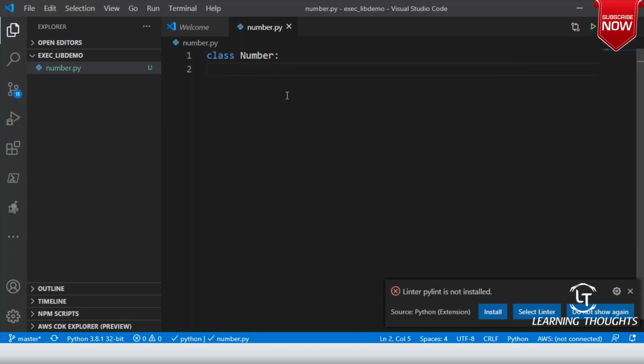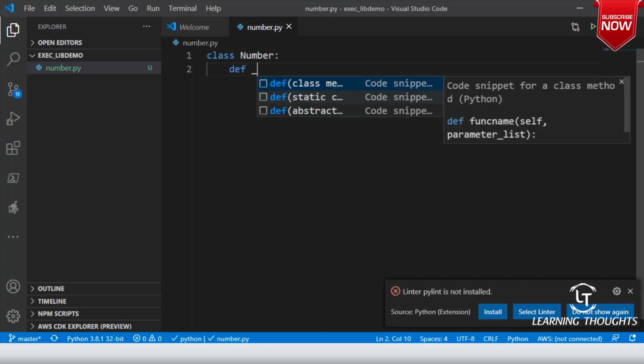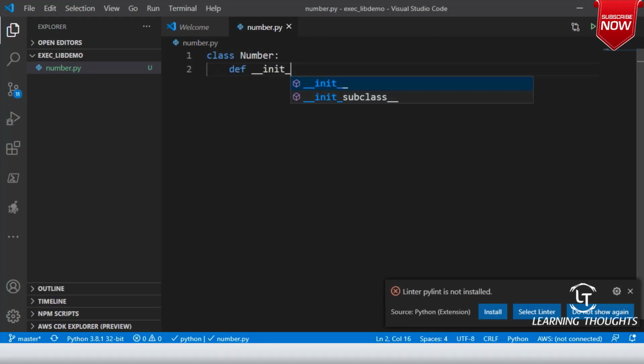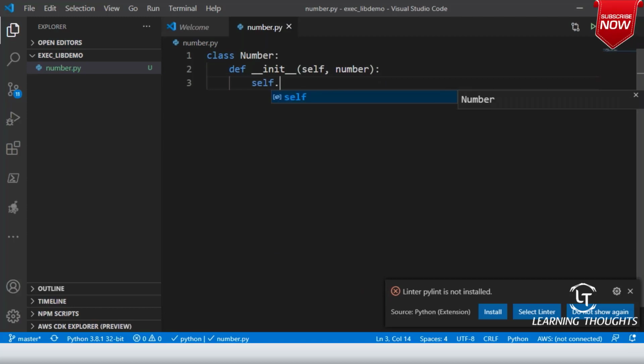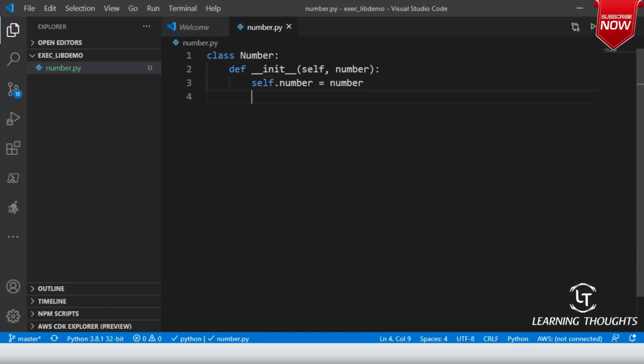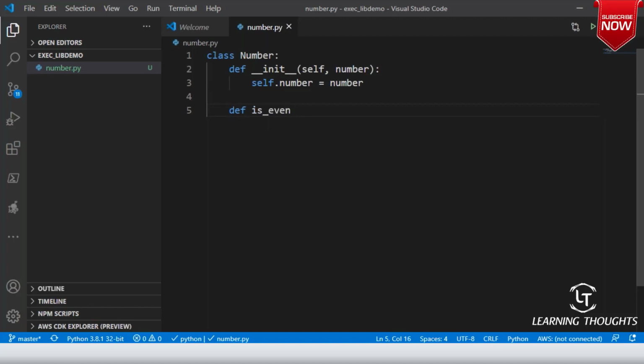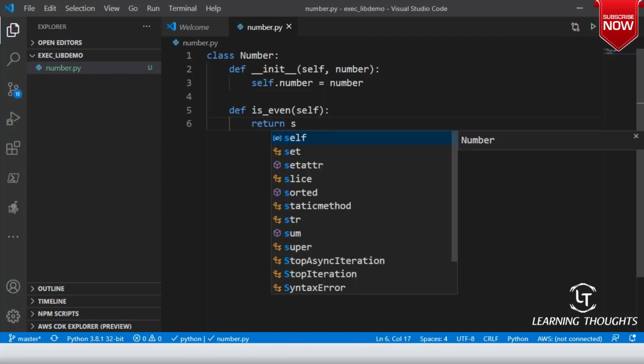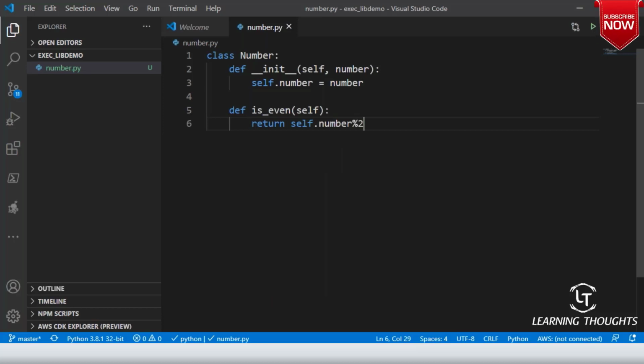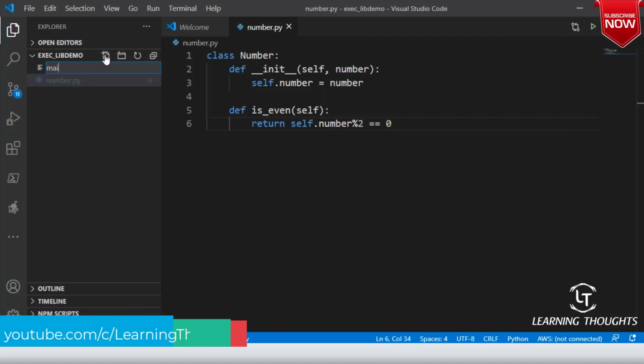Class Number: def __init__(self, number): self.number = number. Then def is_even(self): return self.number % 2 == 0. Then let me create a file called main.py.